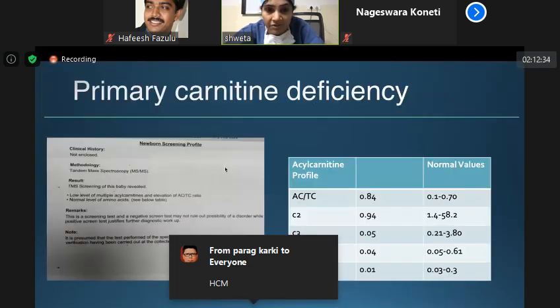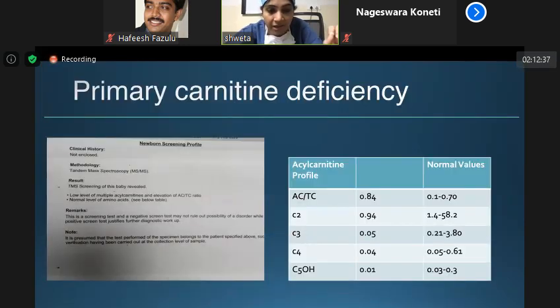I want to emphasize that this particular ECG, with hyper tall T waves and short QTc, along with ventricular hypertrophy and ventricular dysfunction, fits nothing but primary carnitine deficiency. These are the hallmarks of primary carnitine deficiency. It was suspected, and then the TMS was sent, and you can see here all the ratios are significantly lower, which suggests that this child was suffering from primary carnitine deficiency.